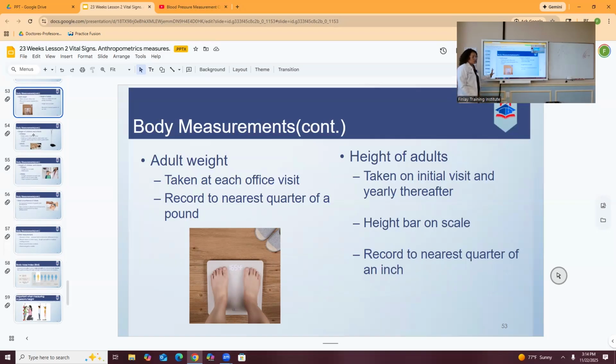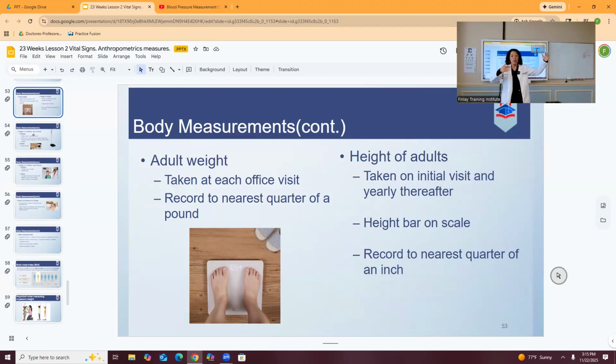Most of the adult patients, the first time we get the height and the weight, and then in the subsequent visits, we're just going to be taking the weight, okay? Because nobody is going to grow too much, nobody is going to shrink too much in a certain period of time when you're an adult. But in a kid, this is something that we're going to measure in every single visit, because the height and the length of the patient or the circumference is letting us know